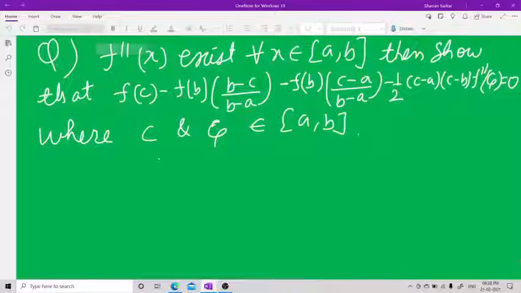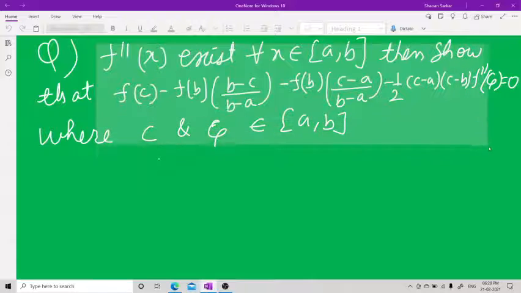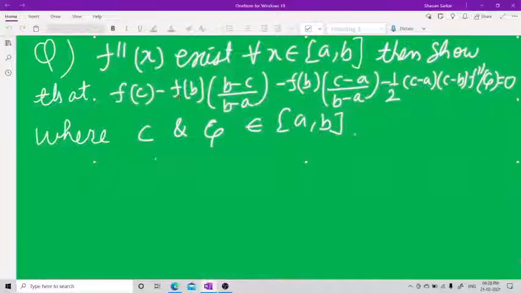Question: if f double dash x exists, then show that f(c) minus f(b) over (b minus c)(b minus a), ... minus f(b) over (c minus a)(b minus a), ... equals half (c minus a)(c minus b) f double dash xi is equal to 0, where c and xi belong to (a, b). Now, this is a problem where basically you need a concept that